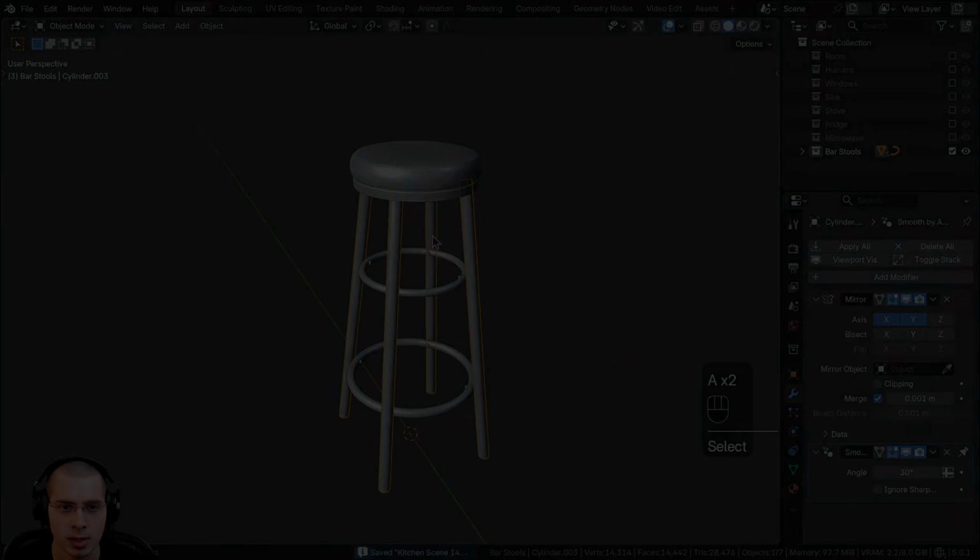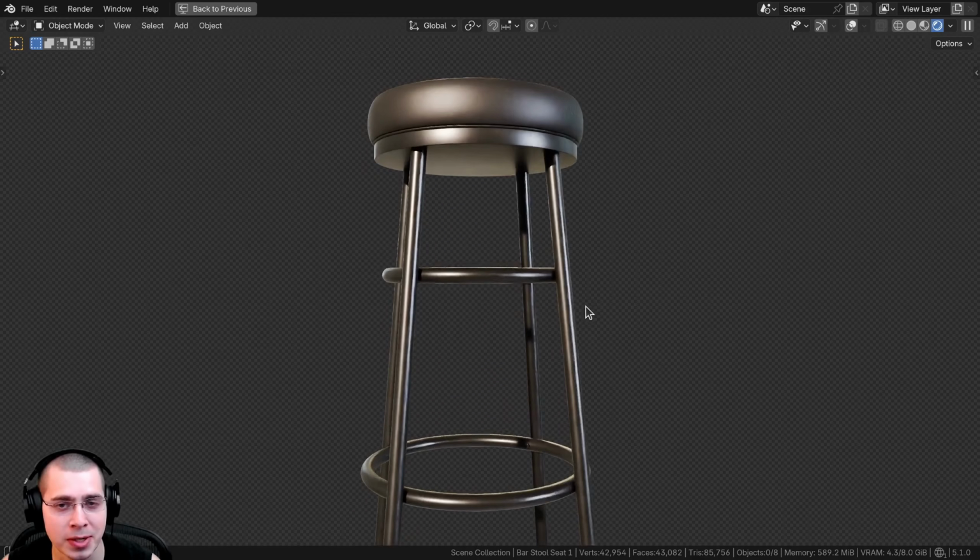Let's do the materials. So that's how you create this bar stool in Blender,